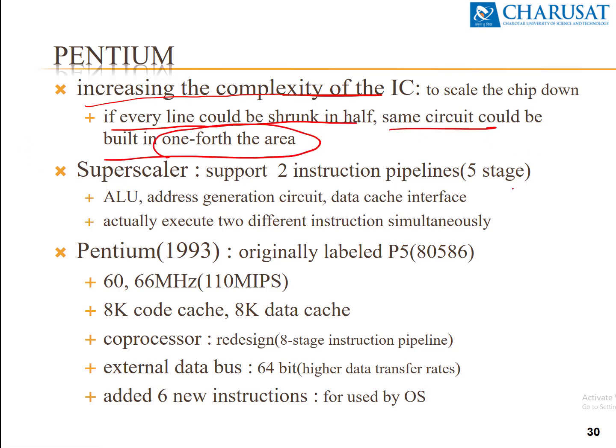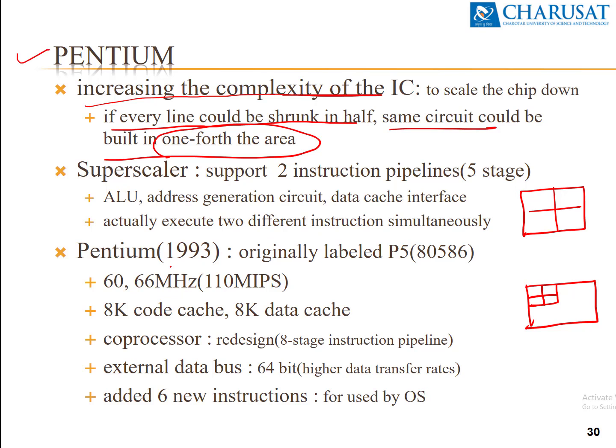So what the Pentium started is this: if this is the size of the chip and they have 4 components, from Pentium onwards they asked, why can't we shrink all these components and occupy less space? This is 1/4 space. Can we develop a microprocessor which can occupy 1/4 space? That is what they started from Pentium architecture onwards.